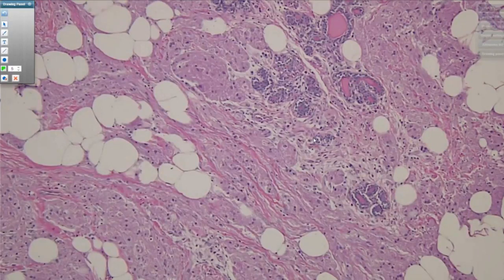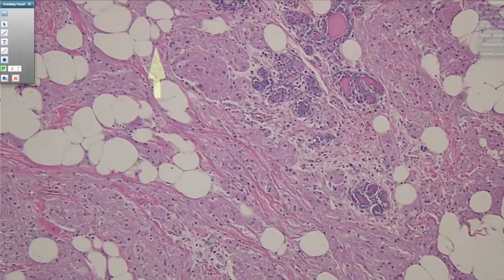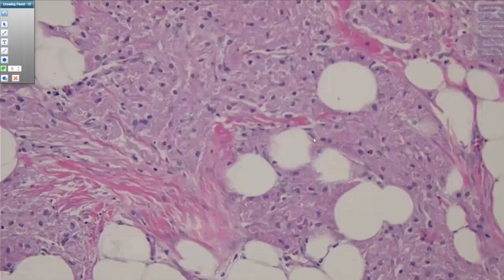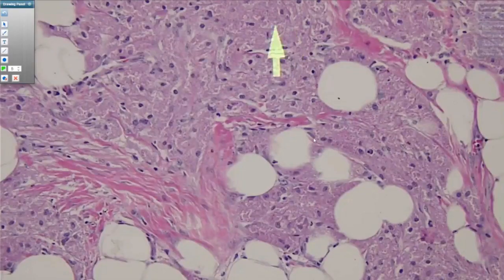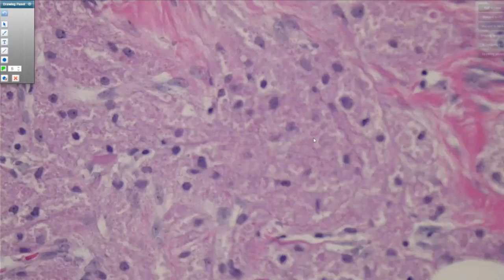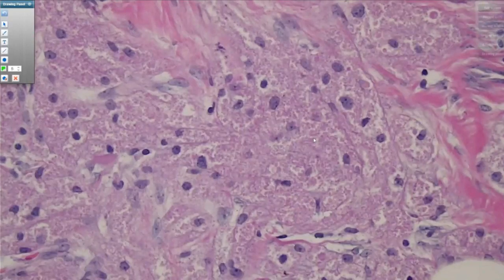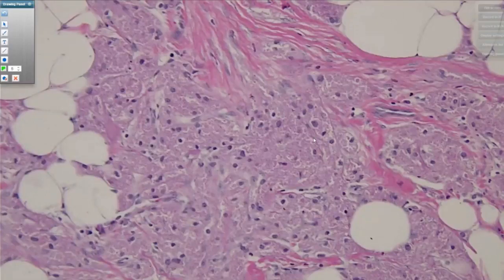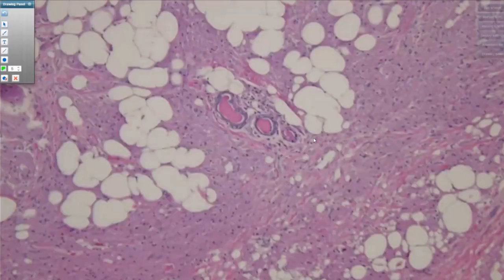So I see these nests of cells with abundant pink cytoplasm, which you might actually describe as granular. The cells have indistinct cell borders, fairly bland nuclei with occasional punctate nuclei in this particular example. The differential diagnosis of cells, and I should note also they have an infiltrative pattern of cells with abundant foamy